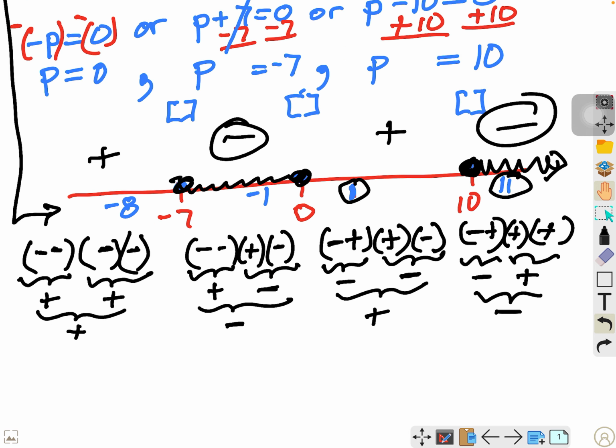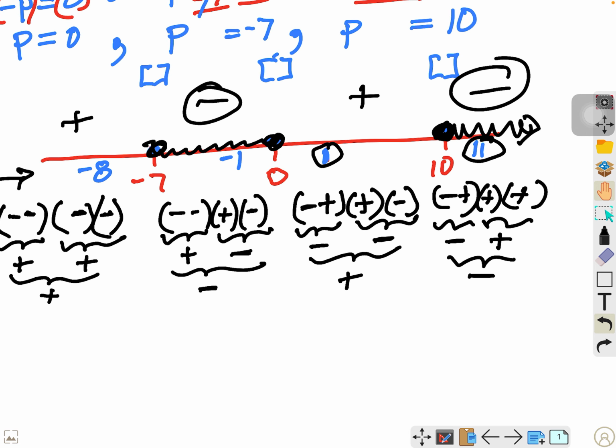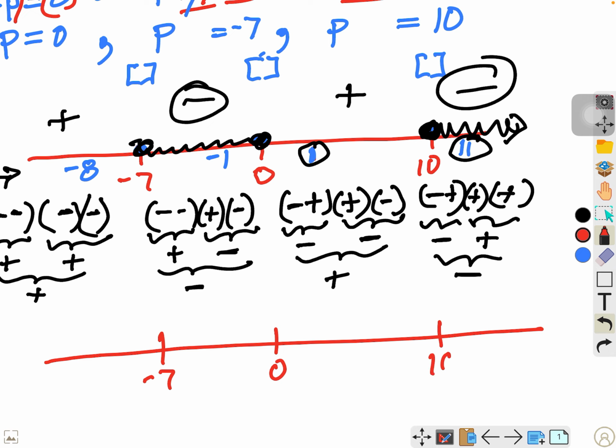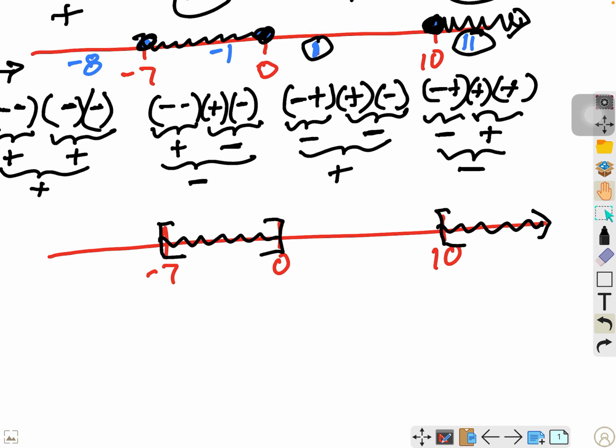So how do we write that in interval notation? First, we'll go ahead and demonstrate this, since it's a little different. If your professor requires the interval endpoints, then this is how this would look. From negative 7 to 0, and everything in between, that's a negative region, and from 10 and greater. That makes it easy to transition to interval notation,